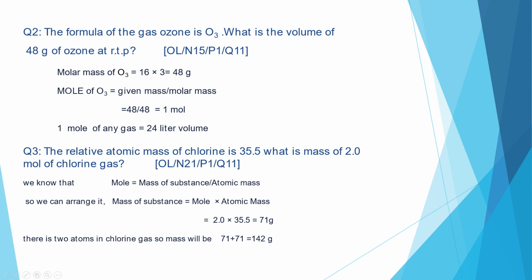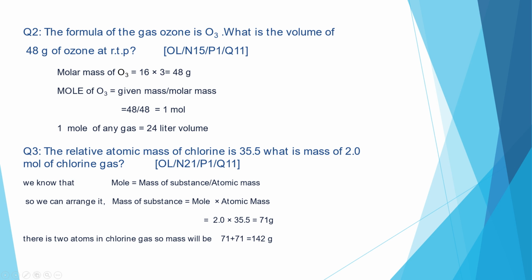In the next question, we are given the atomic mass and number of moles of chlorine, and are told to find the mass. So, we'll simply rearrange the formula, mole equals mass per atomic mass, to find the mass of chlorine. The mass we got is 71 grams. Now keeping in mind that chlorine exists as diatomic, we'll multiply 71 by 2, and our final answer will be